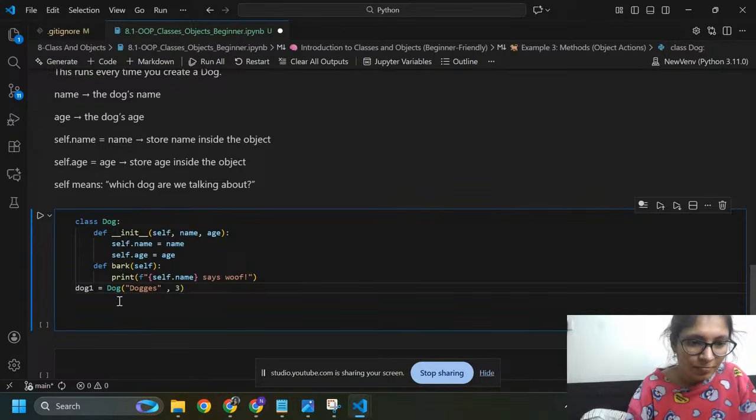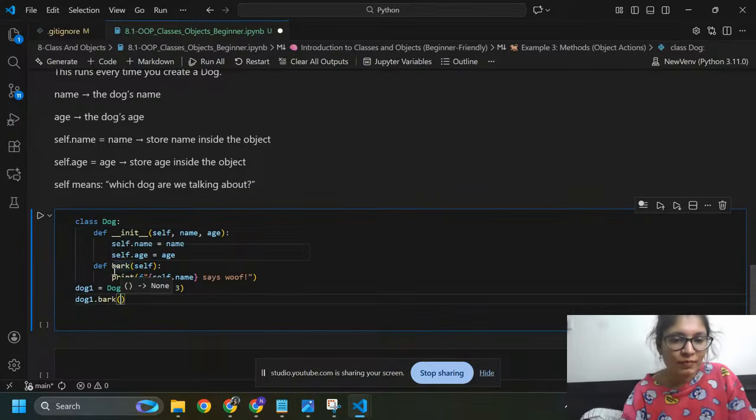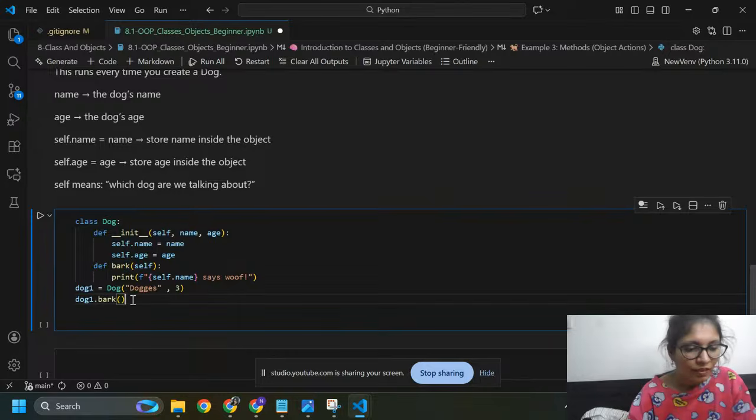And here, dog_bun.bark, I'm going to call this function, bark. So it tells dog_bun to work.